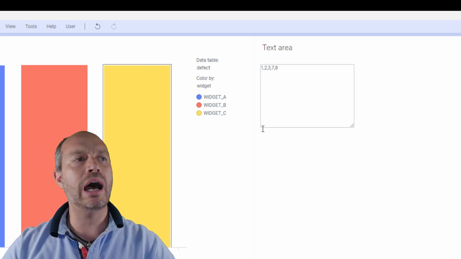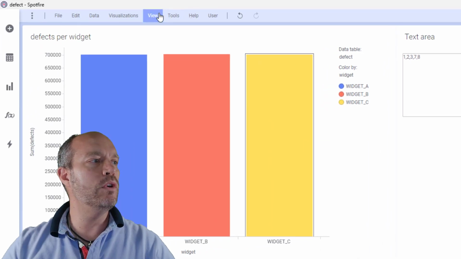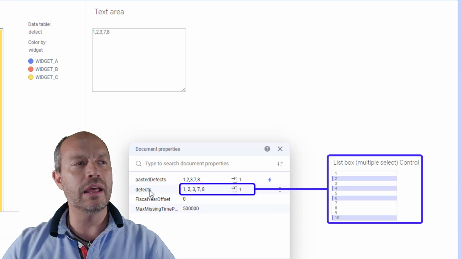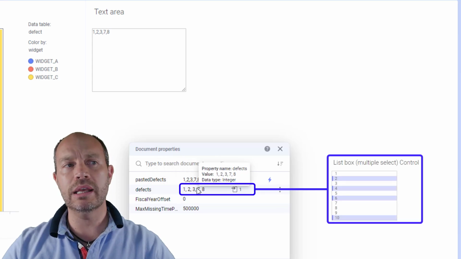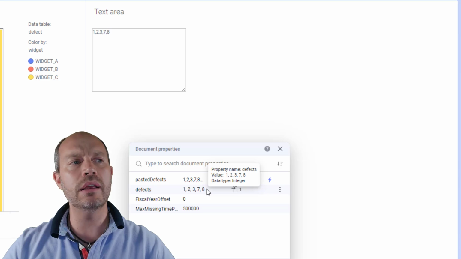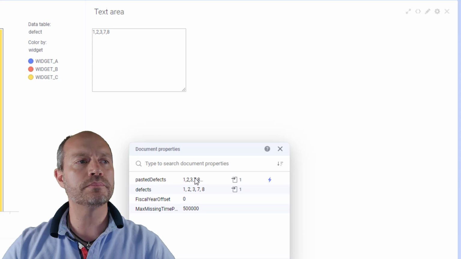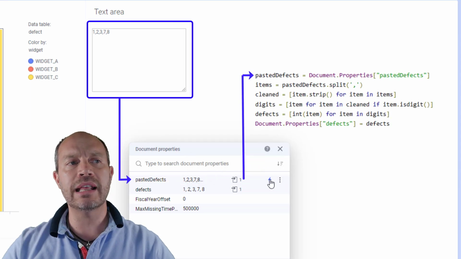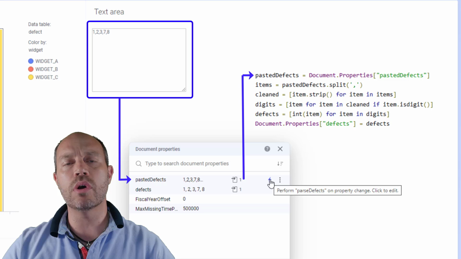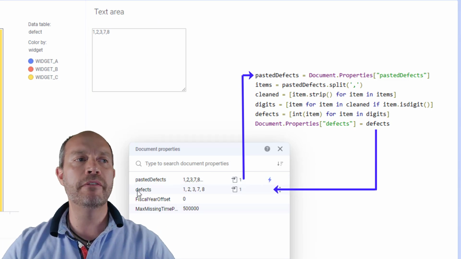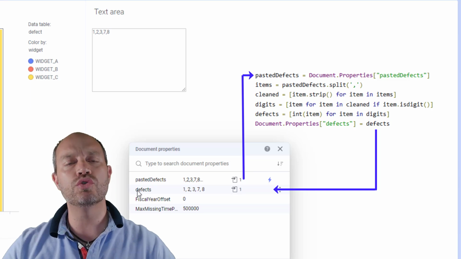Let me show you now how this works. So if I view my document properties, you can see that I have the defects. This is the string list I am talking about. This is the array. But this control contains a string. It's just a string, and it has an action associated with it. It runs a script that parses that string into the values that the defects document property requires to drive the on-demand data table. Check out the article in the description for a step-by-step guide,